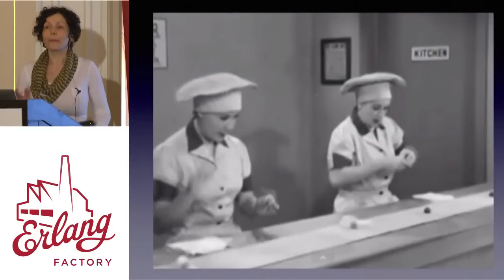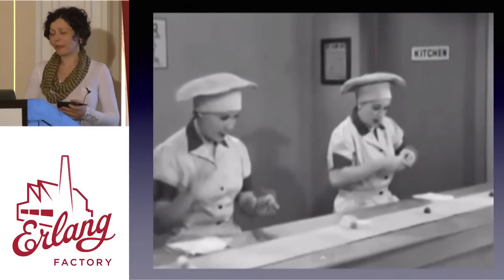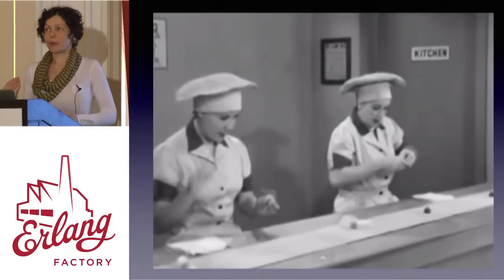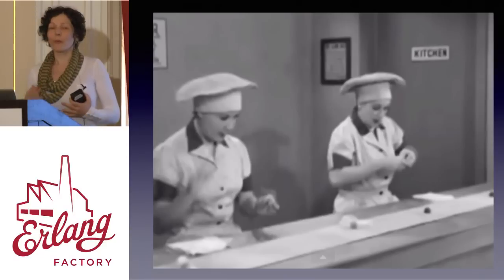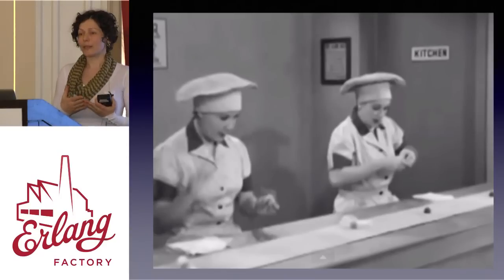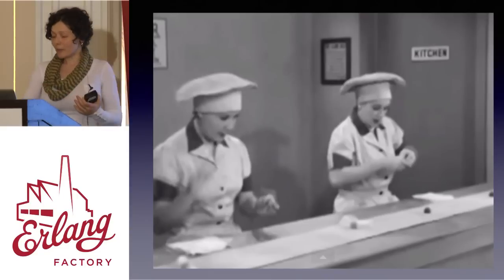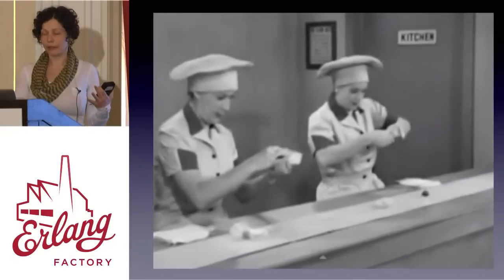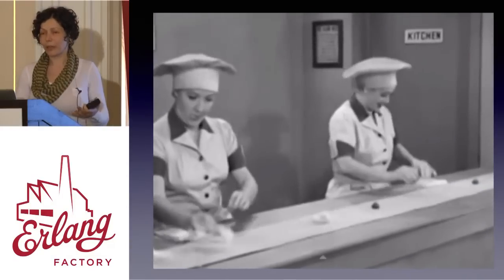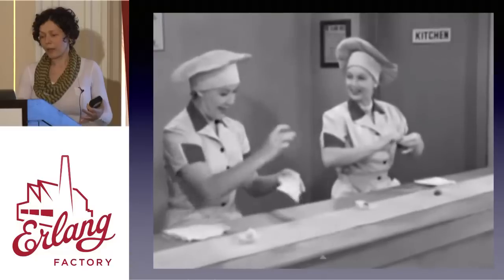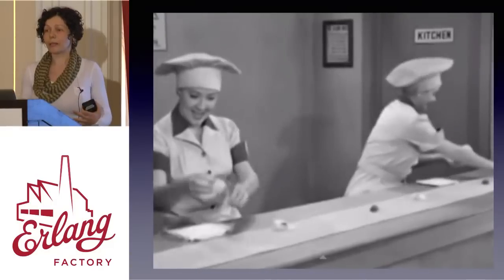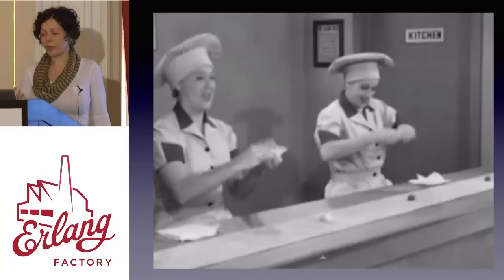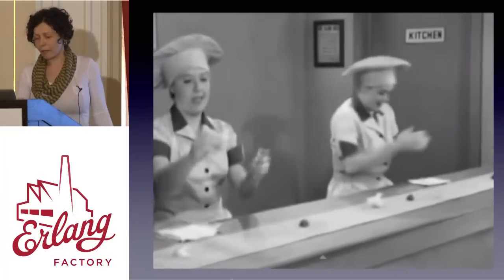So next, I would like to go through this little video to show what else jobs framework can do for us for our HTTP server. So let's say that these two lovely ladies are our HTTP server, and the chocolates coming in on the conveyor belt are our HTTP requests. So as the requests are coming in at a steady pace that our HTTP server can handle, everything's great.